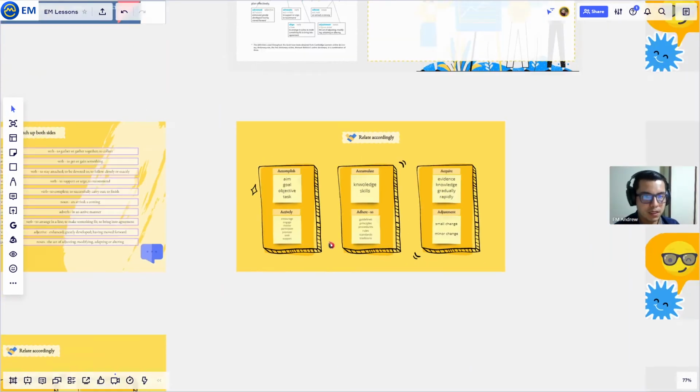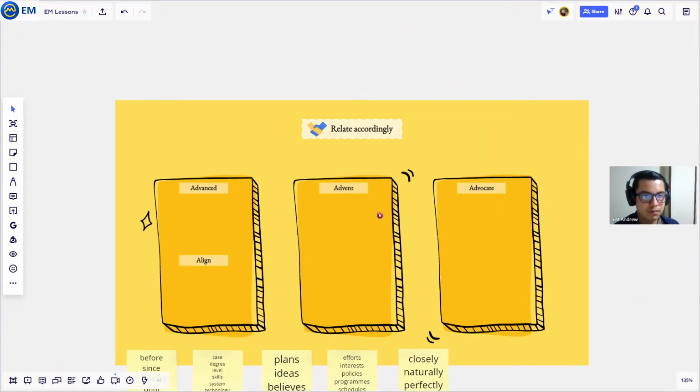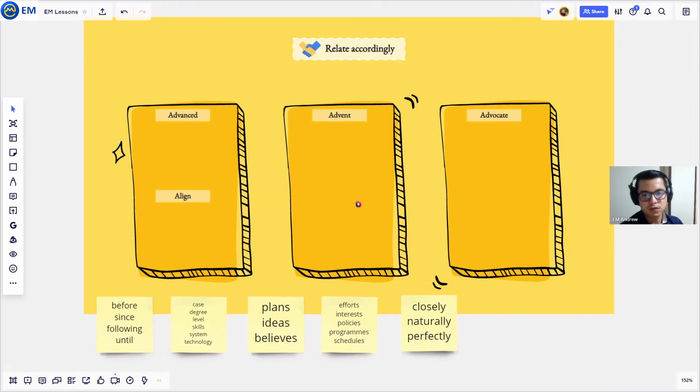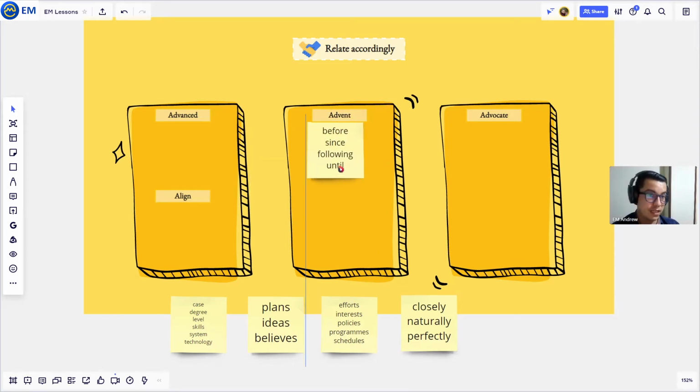Then that's it about this. We continue with the second part of this exercise. So now we have before, since, following, until. Okay, so that is before the advent of